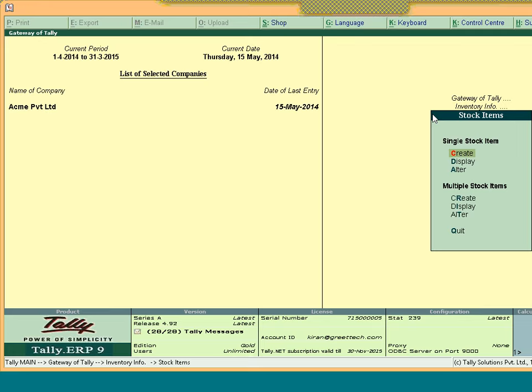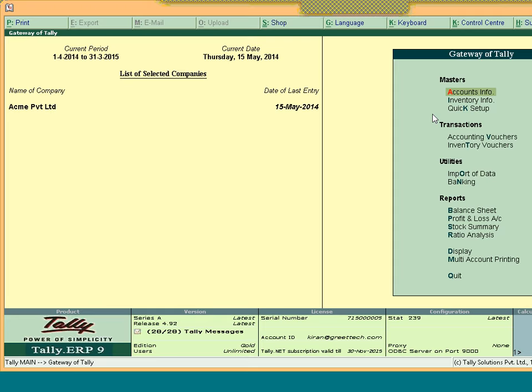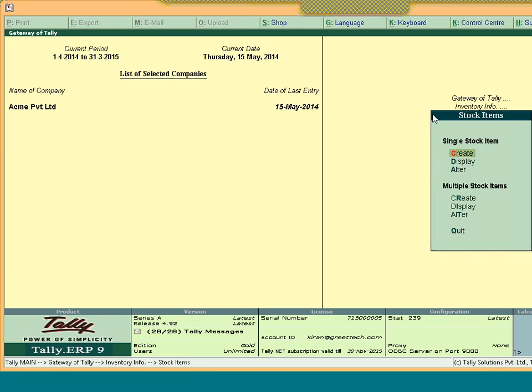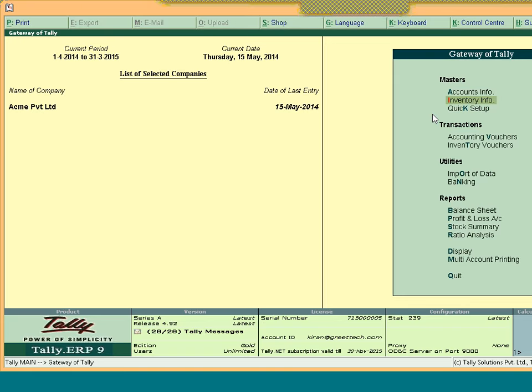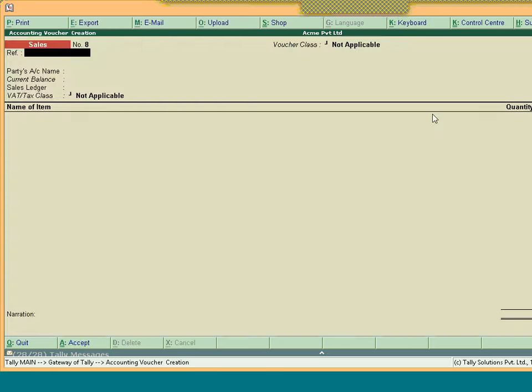item 1 and you have in F12 configuration use additional description for item name. So when you go to sales invoice, F8, so here we have an option in F12 configuration in the invoice, use additional description of item name. When you set this option to yes,